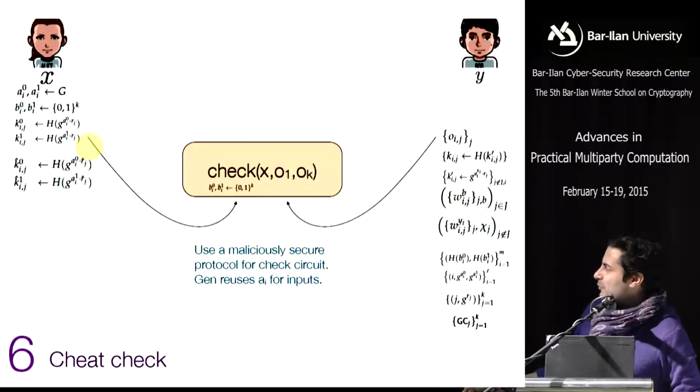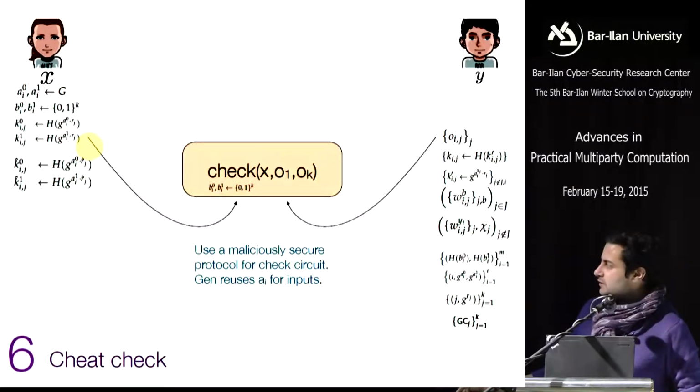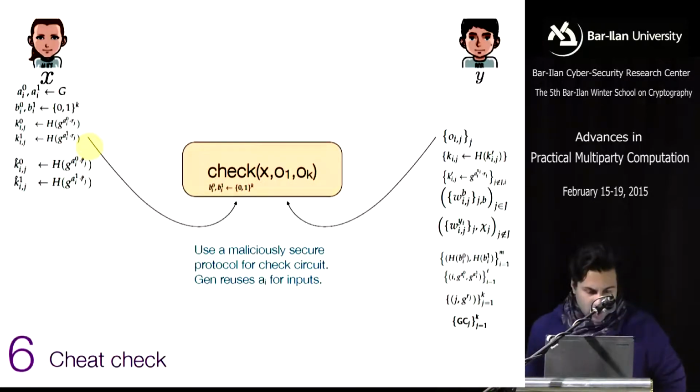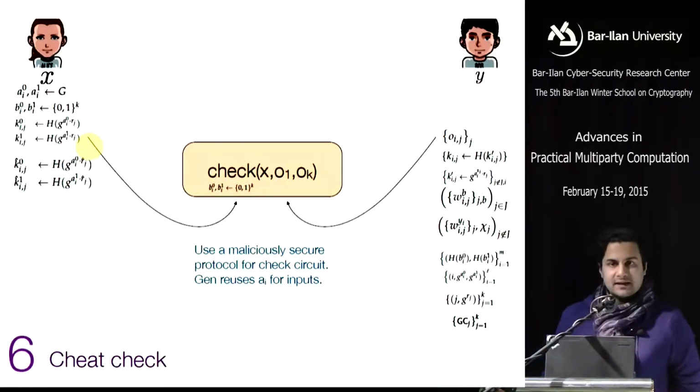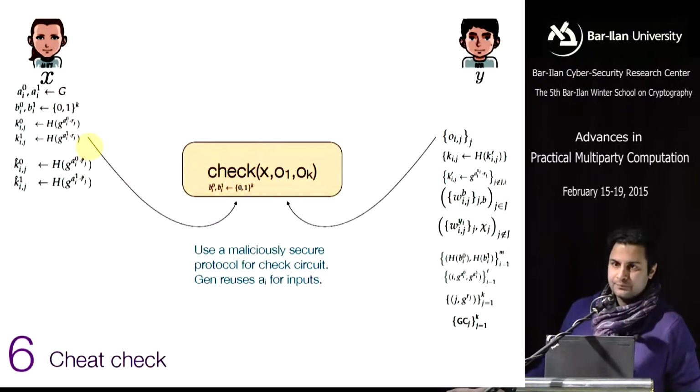With these output wires, he can then run this circuit. So of course, if all of them are the same, he'll just put bot for each of these check circuits and receive nothing. Otherwise, if he has a witness for this cheating, then he will use this. Now there's one slight complication, which is when we run this check circuit right here, we are going